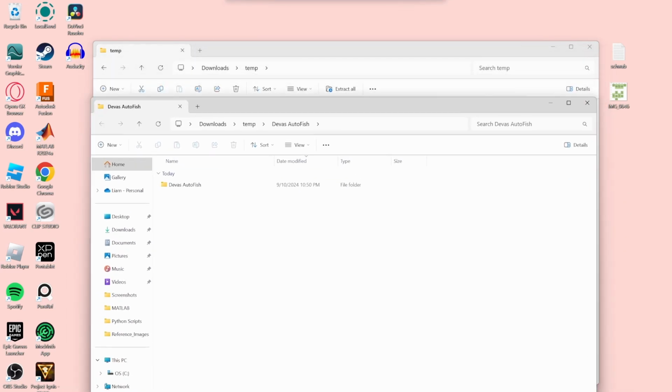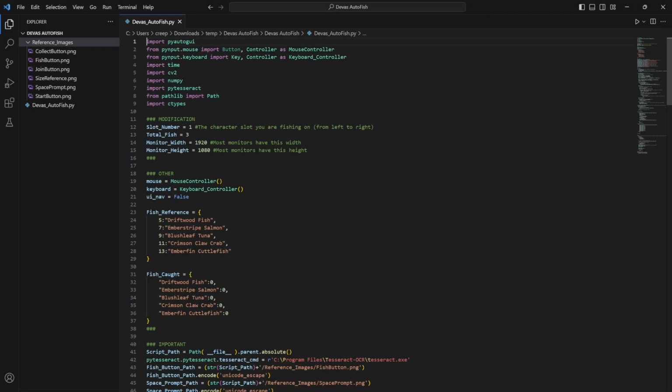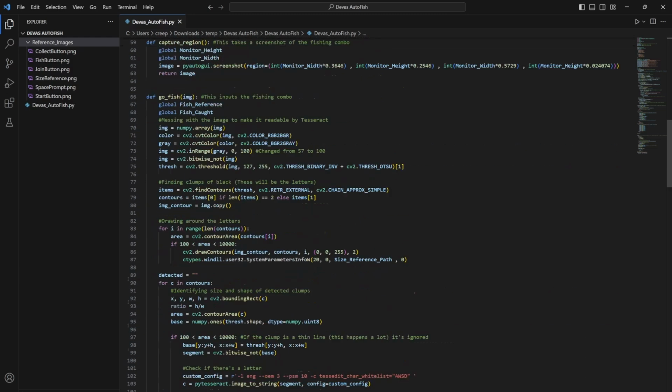So now you have this. So you're going to open that, and then there should be two things. There's the reference images. Just really don't touch this. Again, if any of these move, then the whole thing is going to break. It's a mess. But if you open this, it'll say this. That basically happens if you make any script at all. You can just click open. If you want to click open in restricted mode, I don't know what that does, but I personally wouldn't. So you have the script here,